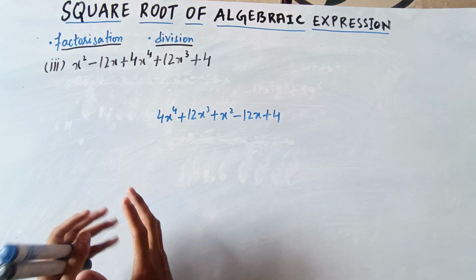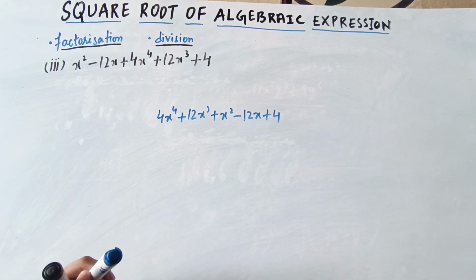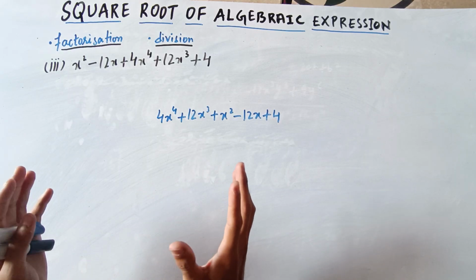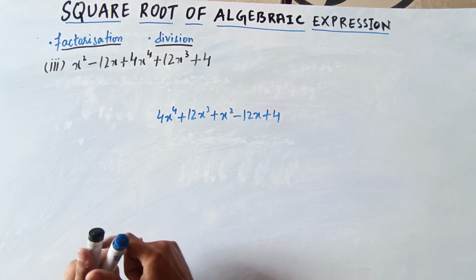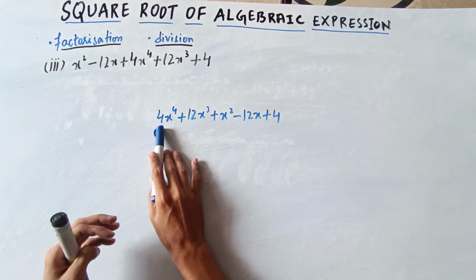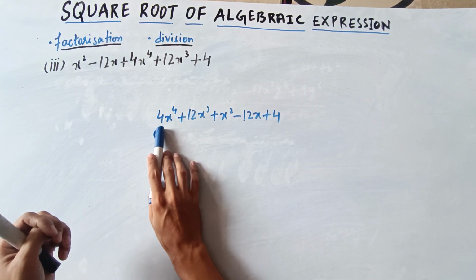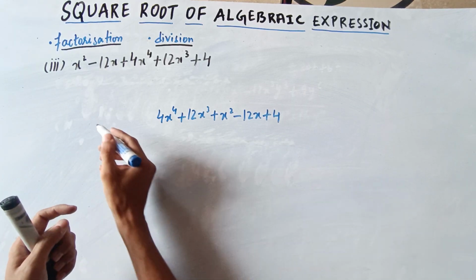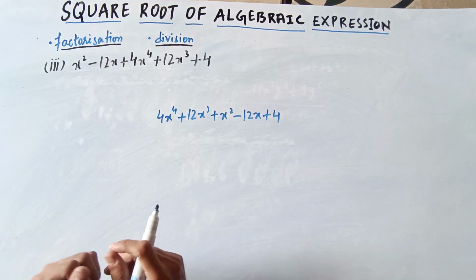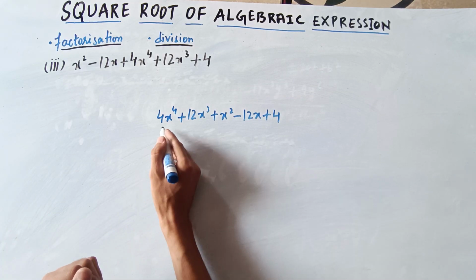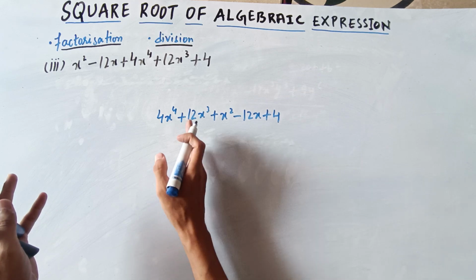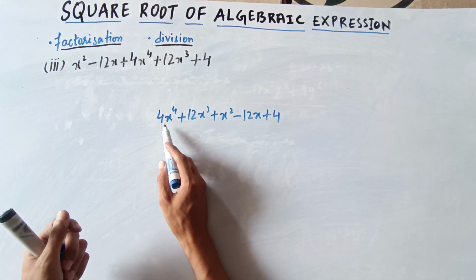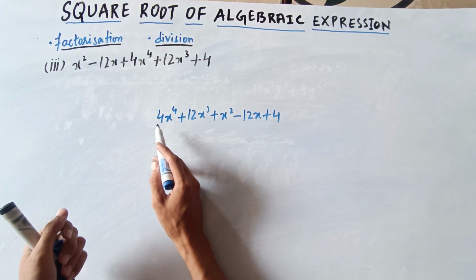So this is a very important method that you need to understand. Now what will we do in this particular division if there is no divisor? It is very easy. First of all, in these types of questions, the first term is always a perfect square mainly. Why is it necessary? Because as there is no divisor, and if you remember in the division method, as we have already discussed, we need to cancel the first term first. We will ignore the other terms, but we need to understand one thing, that we should always cancel the first term which is written.